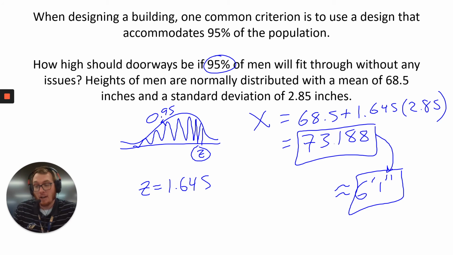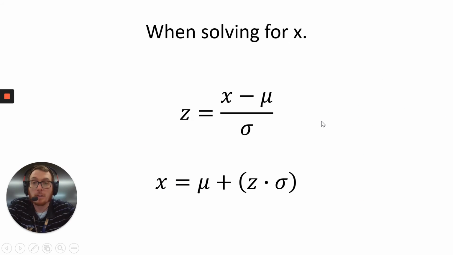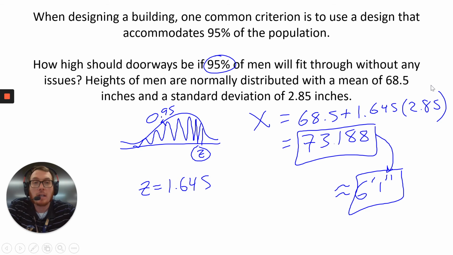Now, 95% is one of the strange ones that has a line and an arrow. This is one of the few cases where it will go 3 decimal points instead of 2. So you want to make sure you notice that. Look in the table and make sure you know how to find that this is 1.645. Once I have that, I just plug into the formula from this slide. I have the mean, I have z, I have the standard deviation. I plug all of those in, and I get